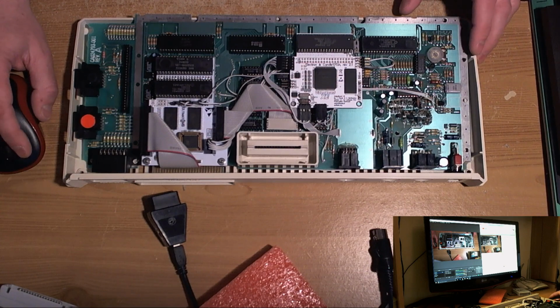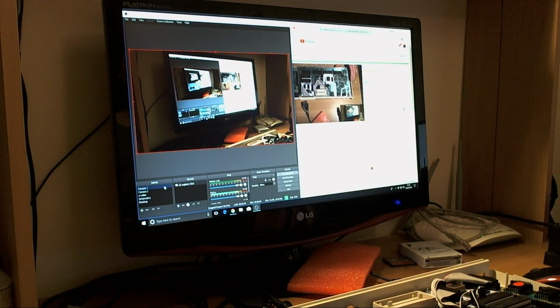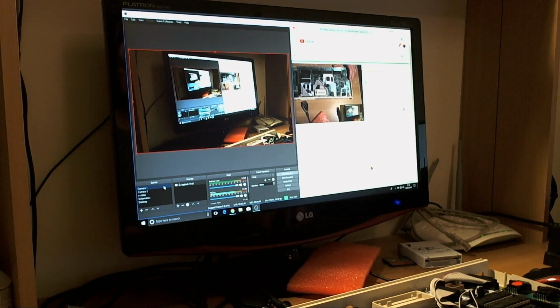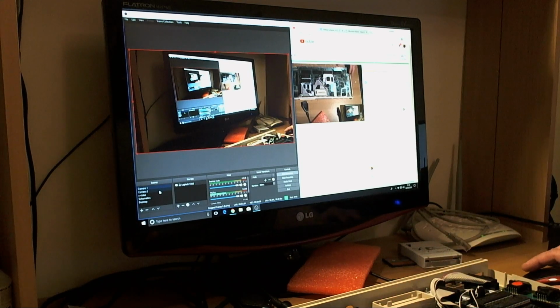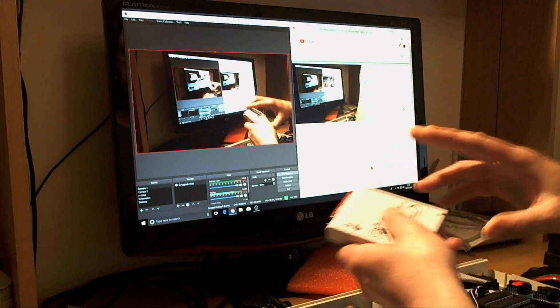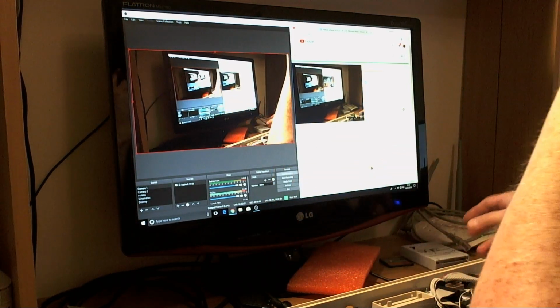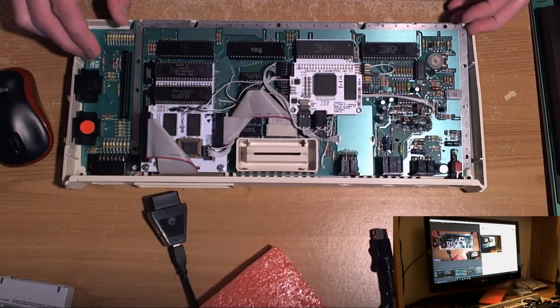I've got the camera pointed at the screen because I don't have an RGB capture device to capture the VBXE output from this machine. So what I'm going to do is update the BIOS, and the stream title is wrong again. Yeah. Update the BIOS and just run a few games. Stick a side cartridge in, make sure everything works. Good way of testing it. So we'll have a quick look at the